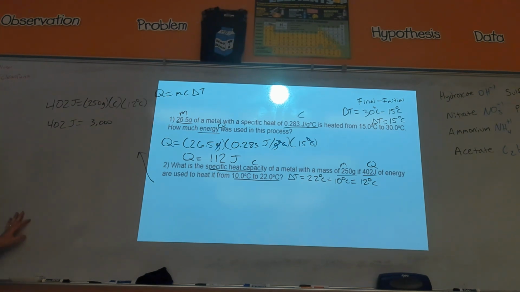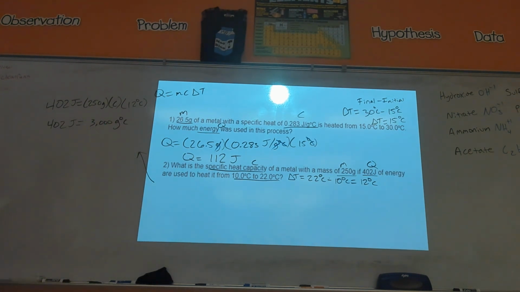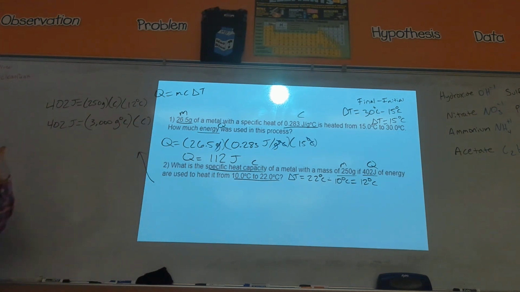What are the units? You're a little unstable in here. Grams. Grant, no. What? The Celsius cancels out, doesn't it? Why would it cancel out? This C is not the degree Celsius C, nor is it on the bottom of a fraction. Grams times degree Celsius, good. Grams times degree Celsius. Okay.